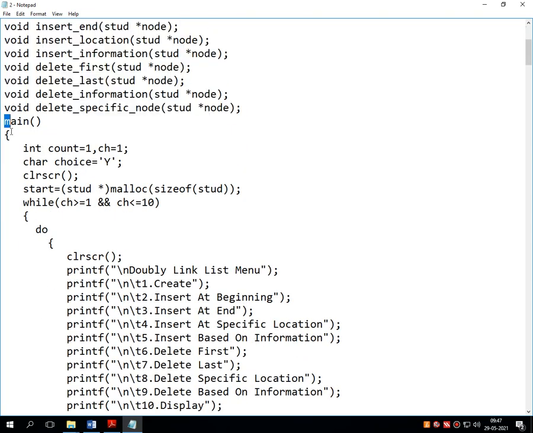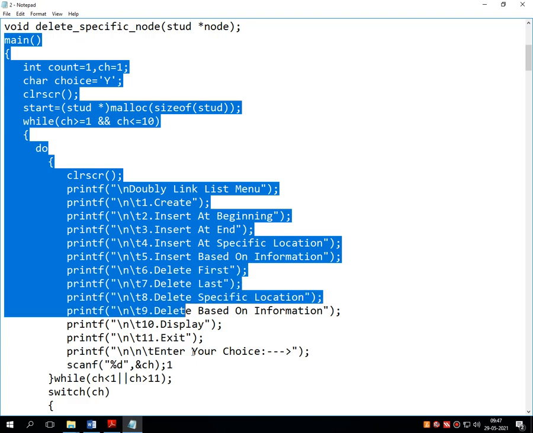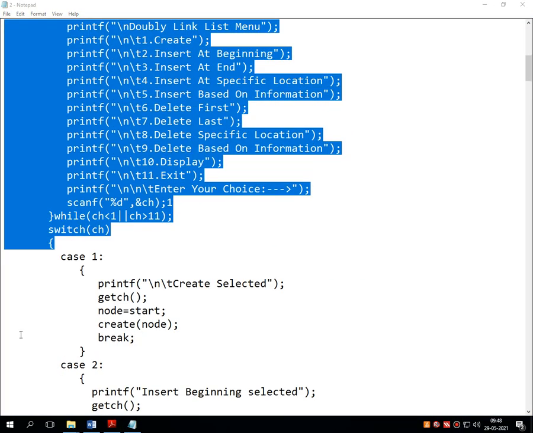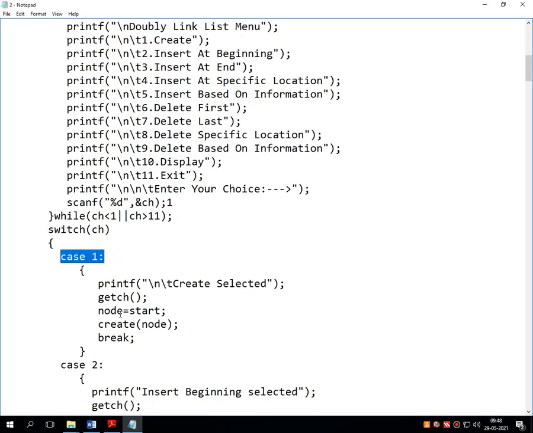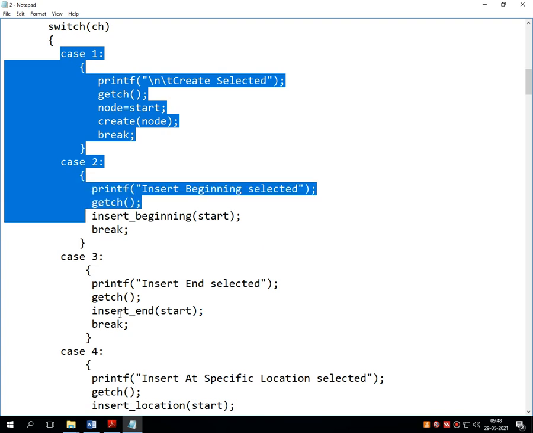Again pause the video and write down the remaining lines of code up to this closing bracket. Write every line very carefully. Again pause the video and write down all these lines.